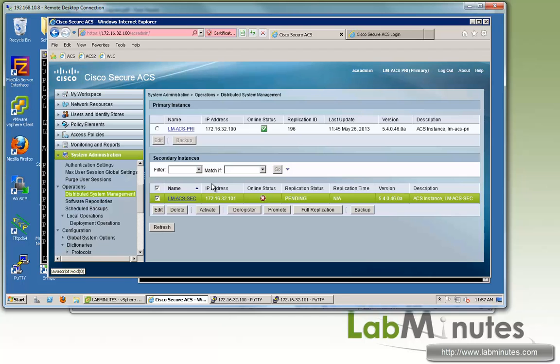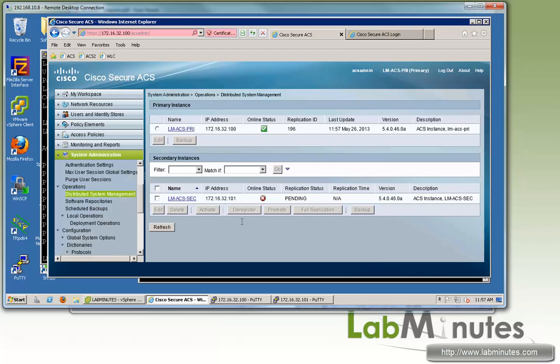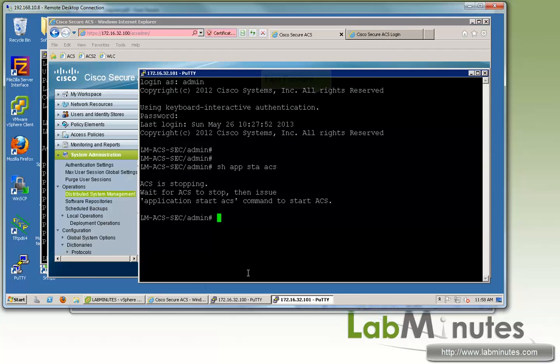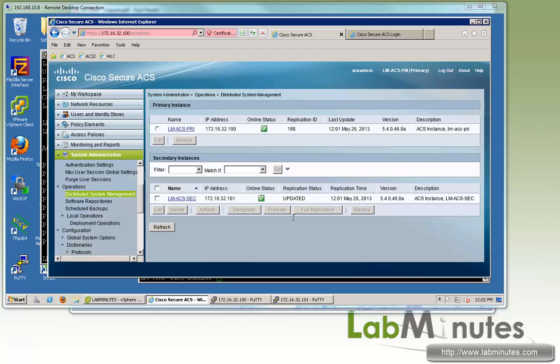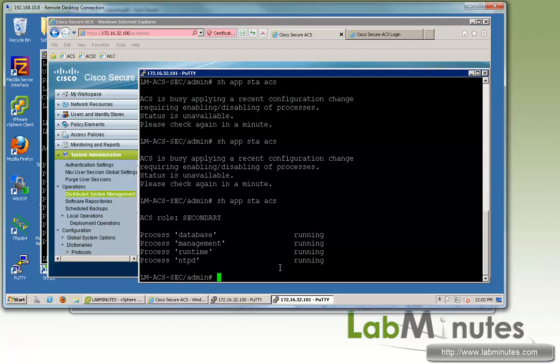Okay, and obviously if you have multiple secondary servers, you'll be kind of stacking up on this list right here. Okay, now we're just going to have to wait for a moment for the secondary to come back up. Okay, so now it looks like the replication has been completed, and now if we go back onto the CLI